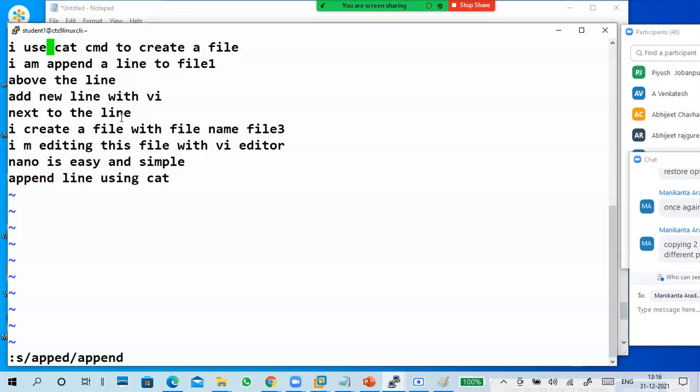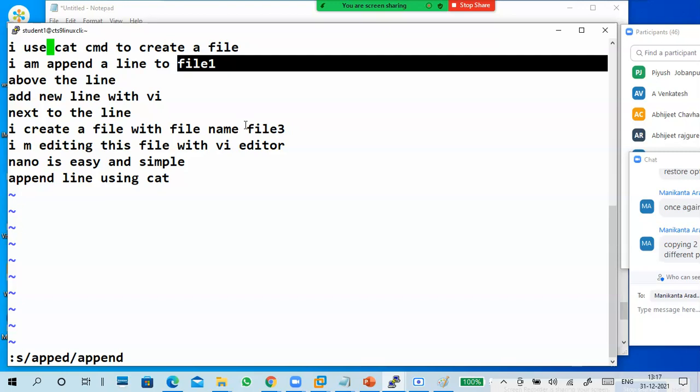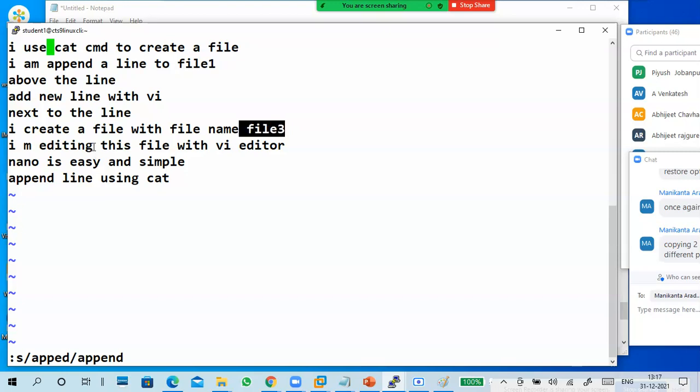Yes, like this. For example, if you look at file, file one, file three, okay, this is also file. Like there is a word you want to change into some other name. It's a repeated one.